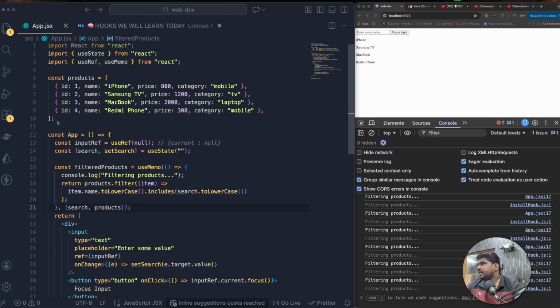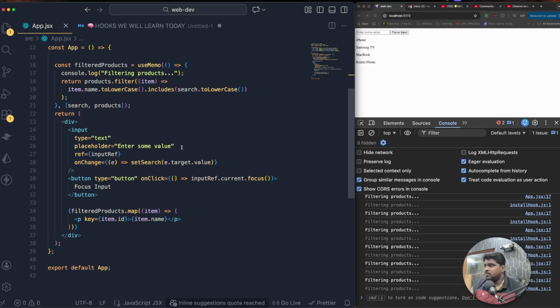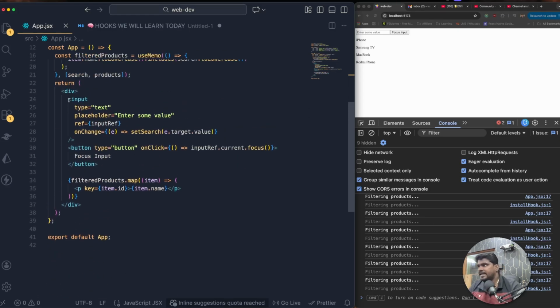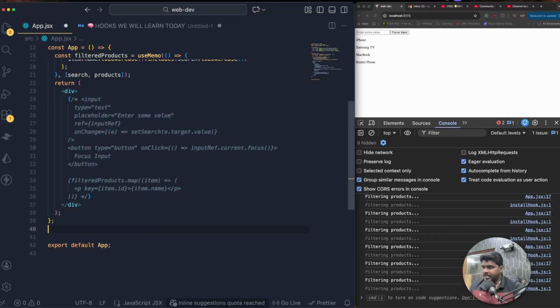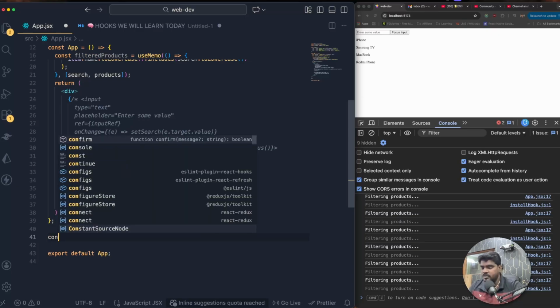Okay, so here we have these products and all those things, right? So what I'm going to do is create some internal components. I'm just going to comment all these things, right? And right over here, I'm going to create some internal components. So let's say,